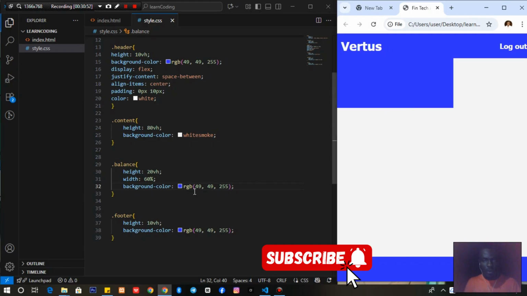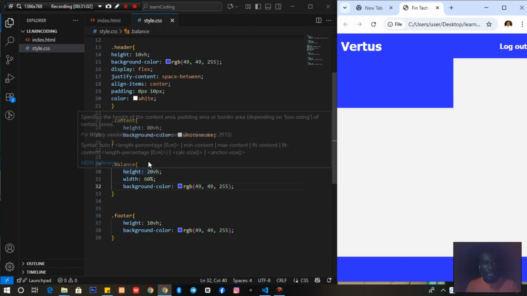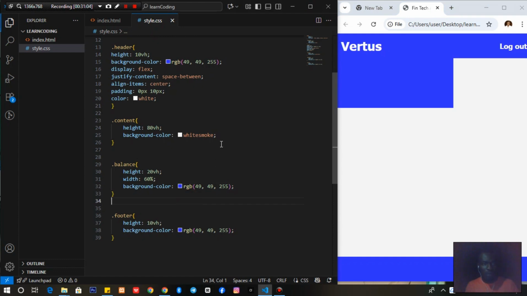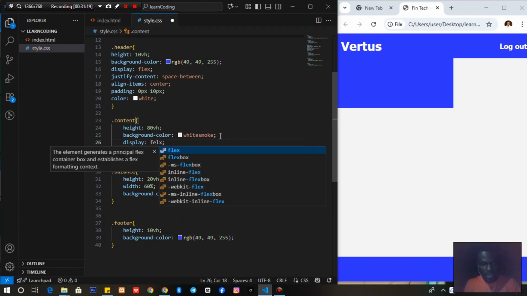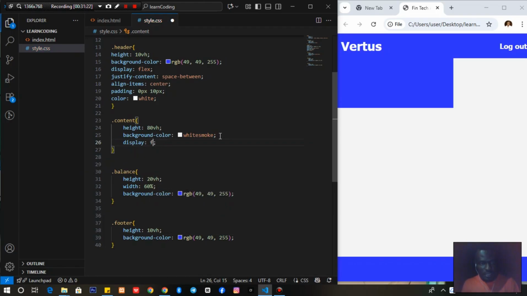So what I'll do is apply margin and apply padding to make sure that we get it properly styled in the center. Now I will come down to this balance, then come to the content. In this content section, I'll make it display flex. I want it to flex, not normal flex, but that's how we name it here. So I'll press Ctrl S. Then I will also